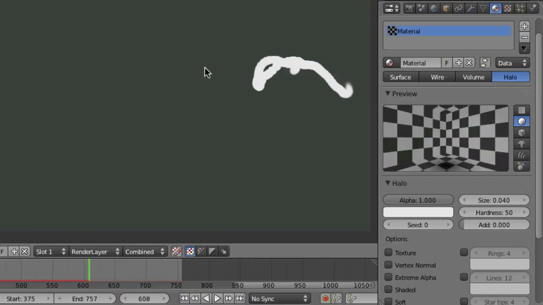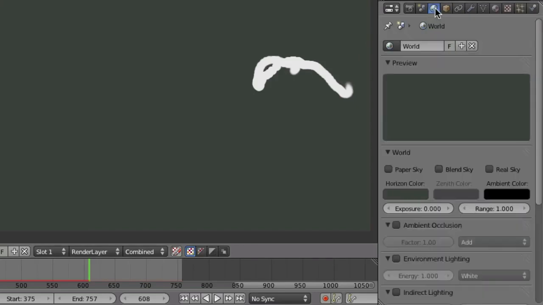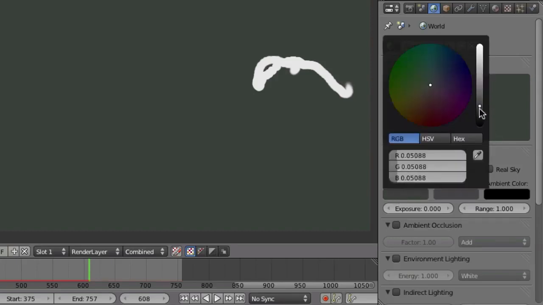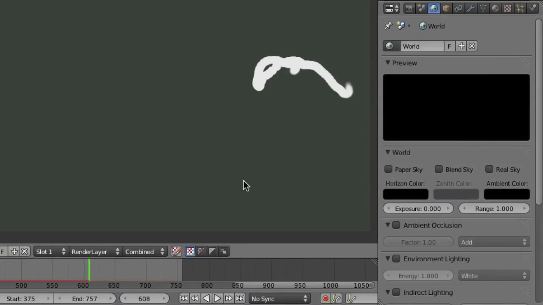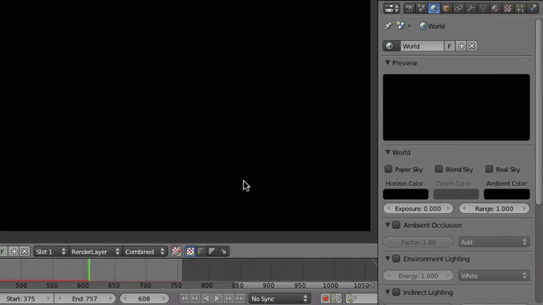And then the next thing I want to change is the background color. I mean, this has nothing to do with the material, but this gray background doesn't look very good, and later I want to just add this on top of our footage. So if that would be gray, that would lead to errors. So I go to the world settings here and then set the horizon color, which is also at the same time the background color, to black, like so. And press F12 again to render, and now this is black, this is white.